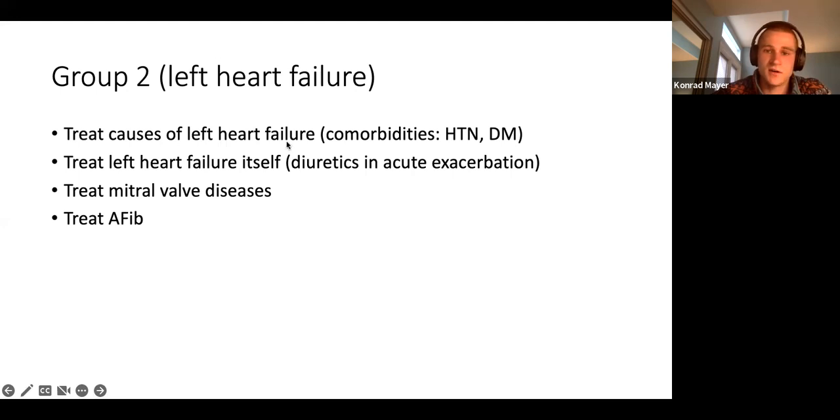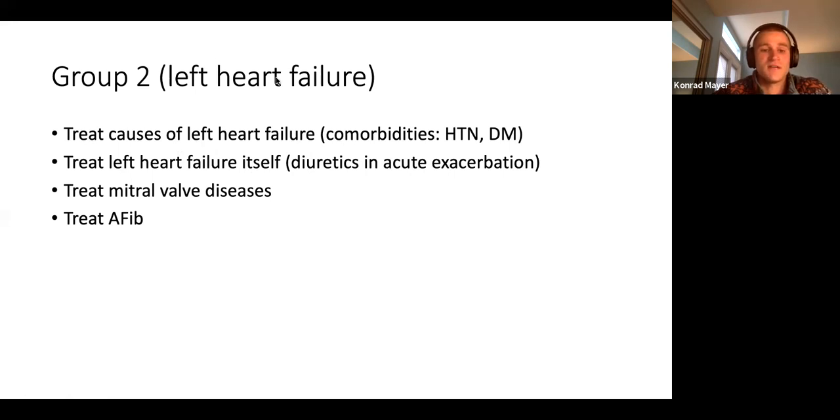So we have to treat that cause. Hypertension or also diabetes are common comorbidities and causes of heart failure. So we treat the causes of left heart failure, and we treat left heart failure itself. For example, in an acute exacerbation, the number 1 drug to use is diuretics to release the volume out of the body. And if somebody, for example the patient whose chest X-ray we saw earlier, has mitral valve disease,